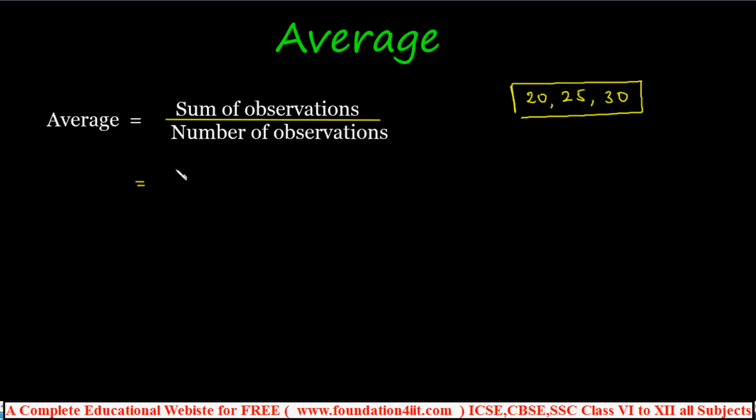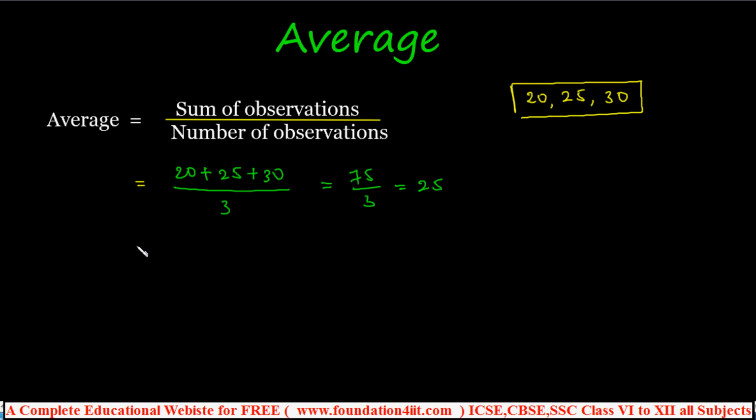So if you apply, what will we get? Just 20 plus 25 plus 30 and divided by the number of observations. How many are given? 1, 2, 3, out of 3 subjects, right? So divide by 3. This is the basic thing we are already learning in general. So 20, 25, 30: 25 plus 20 is 45 and 75 total. Divide by 3, do the division, you'll get 25 as the answer. So the average marks of these 3 subjects is 25. The sum of observations by the number of observations is equal to the average.